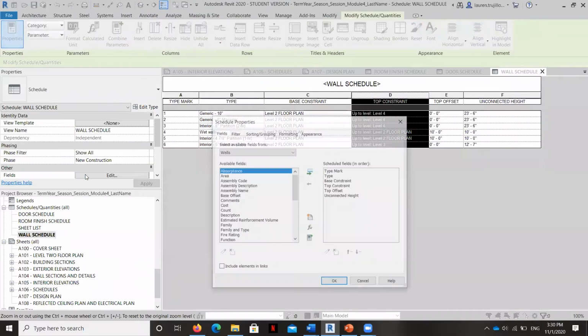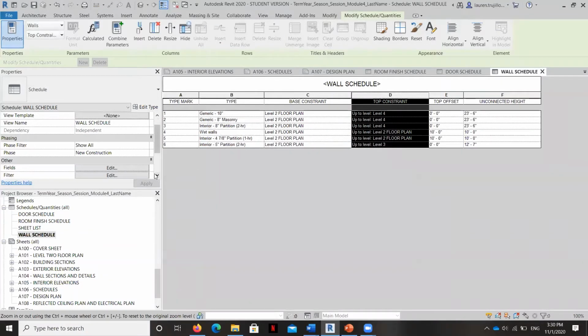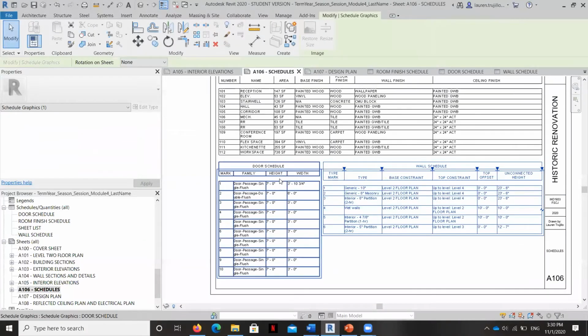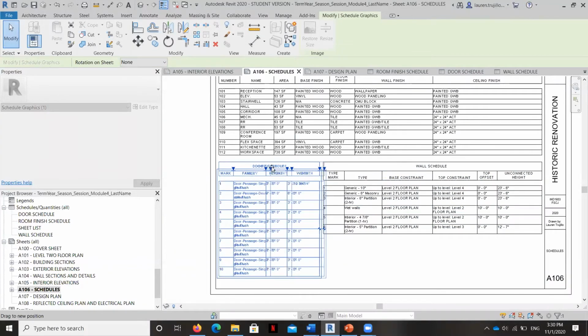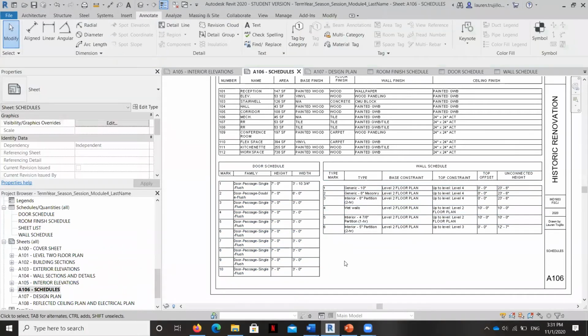And on the fields portion, I was able to uncheck this itemize every instance, and that meant that the wall types didn't repeat themselves. So when we go to our schedule here, the only thing that's really not quite sitting right is we shouldn't have that hyphenated word single right here. We shouldn't have it breaking up between words. So we'll go ahead and just shift that around here just a little bit.